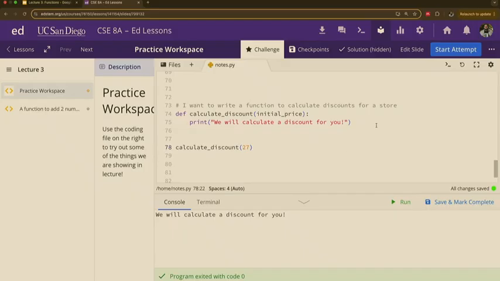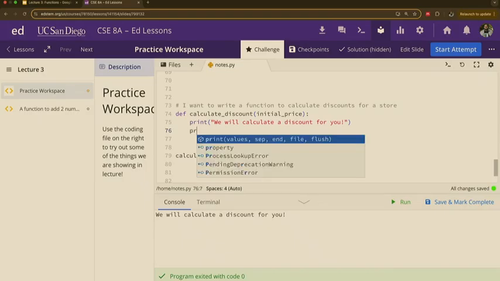What if we want to put more stuff in there? Right? We didn't do anything with this initial price. Let's at least print out the price. Right? Just to see what it is that we're giving the system. So when we go over here at the end of the print, right? I just clicked enter, and it's inside here, right? It's got these spaces again. Because we're saying we want to do more things inside this function.